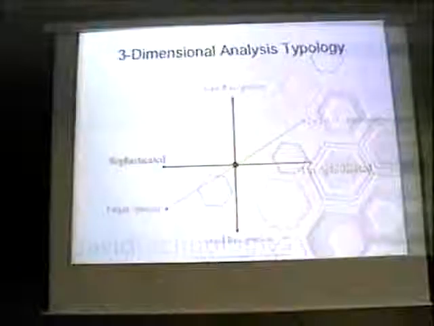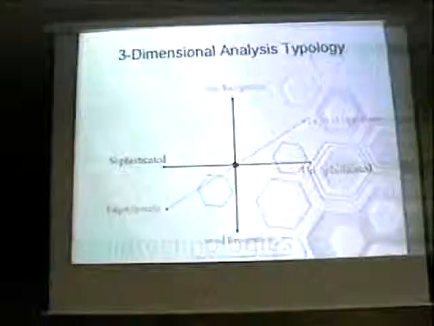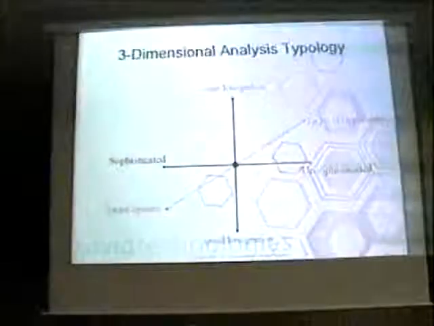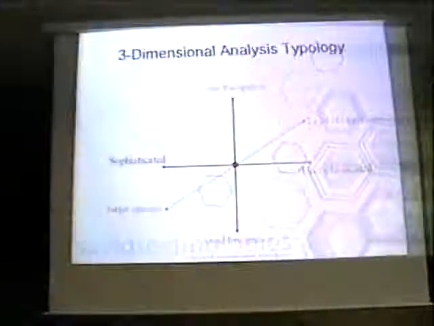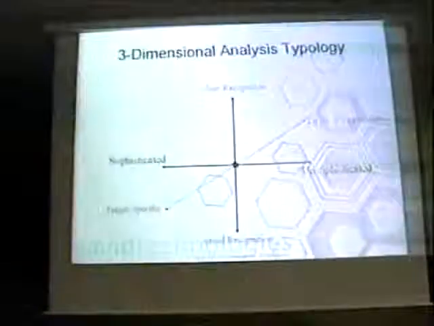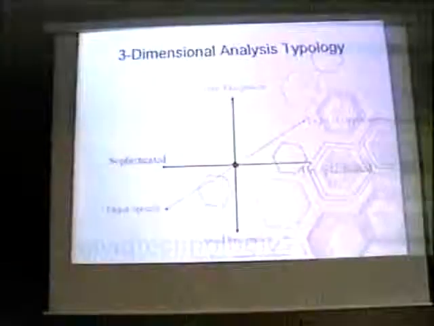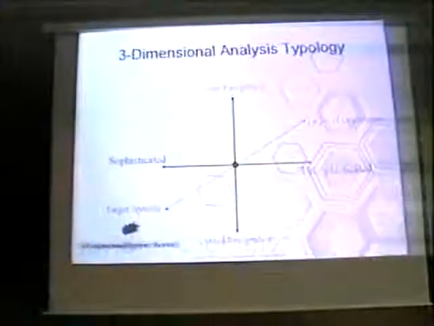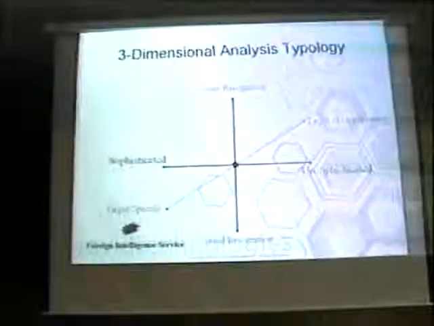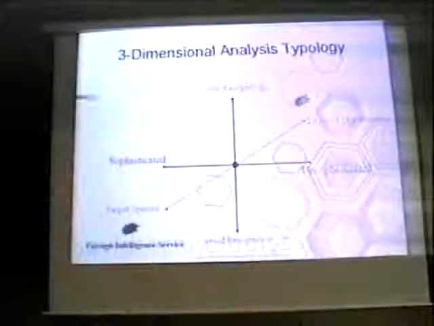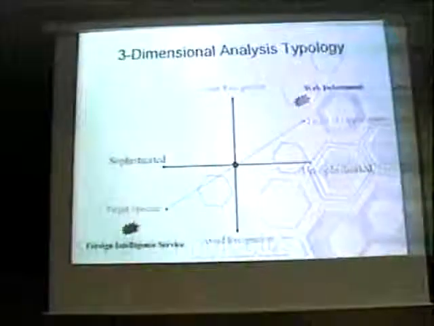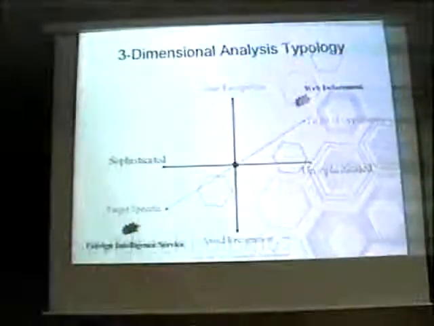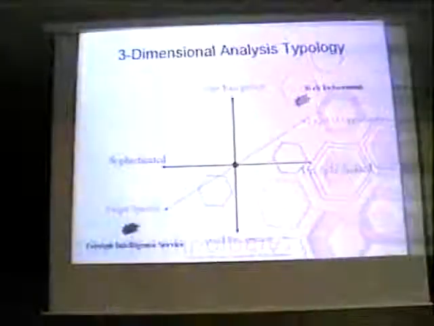Target specific or target of opportunity. Does it look like it was well thought out and planned, or did they just get on the box and mess around and say, okay, cool, I got into a bank's web server, there's some transactions going on in here, I got some credit card information? It was very specific on what they did. You can take that information and go, okay, generally the government guys have to deal with foreign intelligence services, nation states, all that stuff. Or was it simple web defacement? Did they get on the UNICEF website, or some pedophile's website, and just take it down?